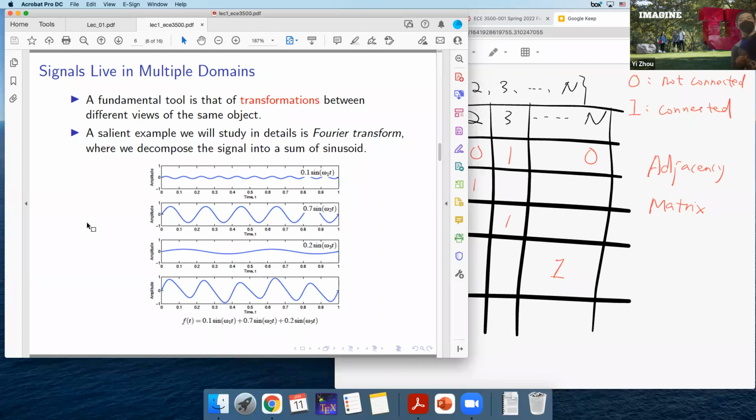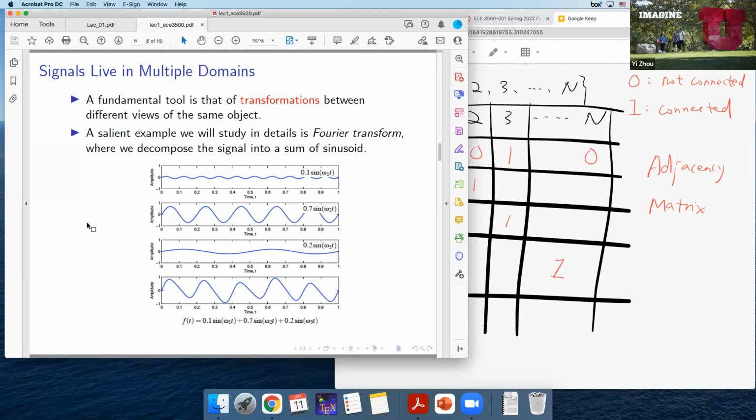I think the central idea of transform is that, first of all, no transform is universal in the sense that every transform is convenient to use for only a small class of signals. That's why we need to develop millions of different transforms. Every transform has a particular application domain.